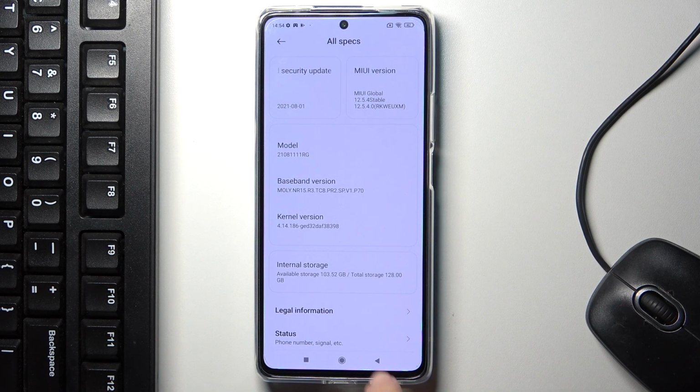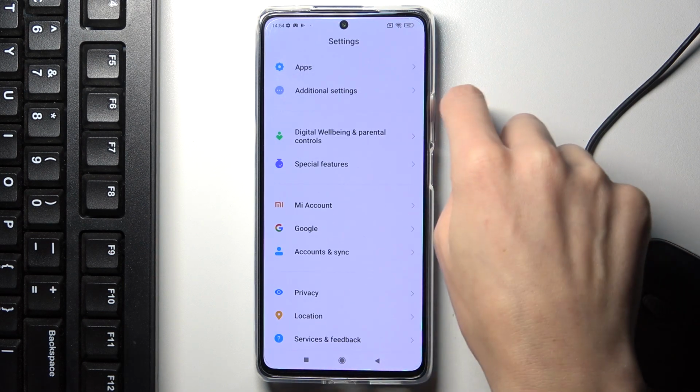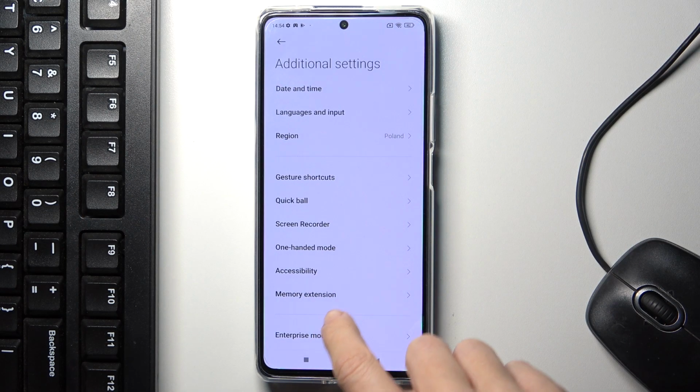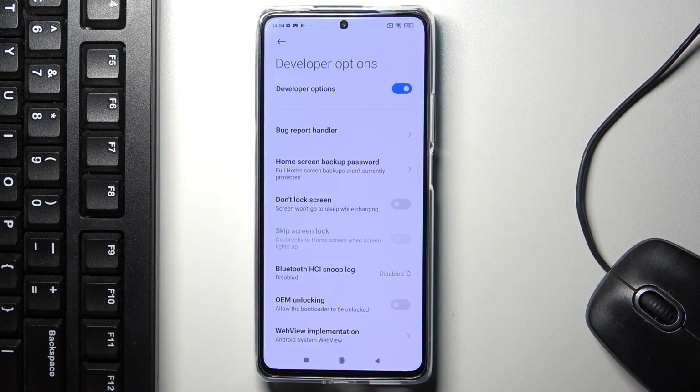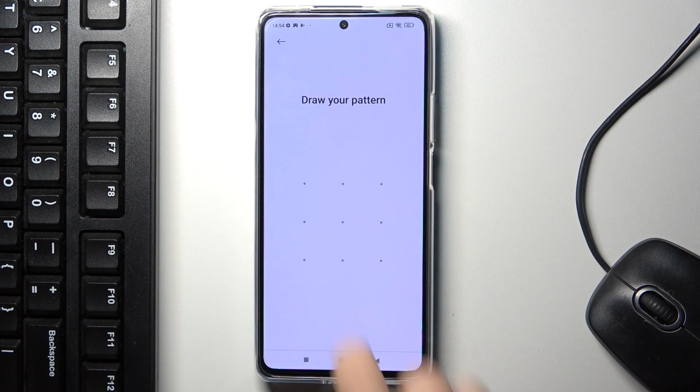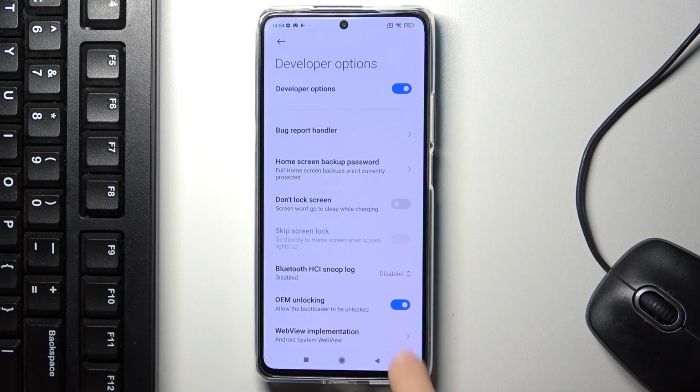To open developer options, you need to go back, scroll down to Additional Settings, and a bit lower, you will be able to find developer options now. Click to enter, and now you can smoothly use all of them. You can just by tapping and providing your pattern enable a lot of options, then you can deactivate them the